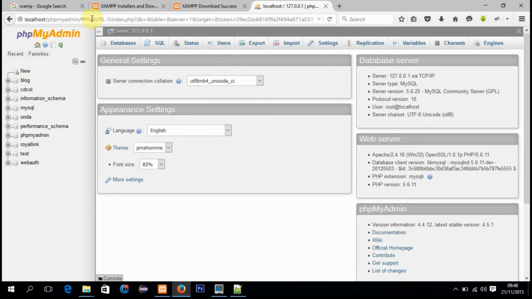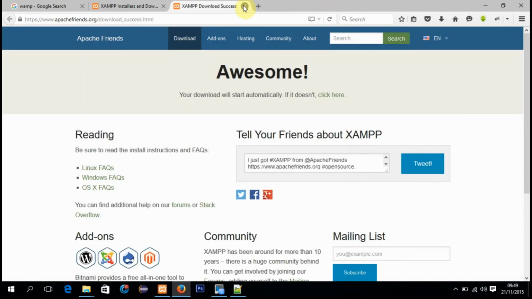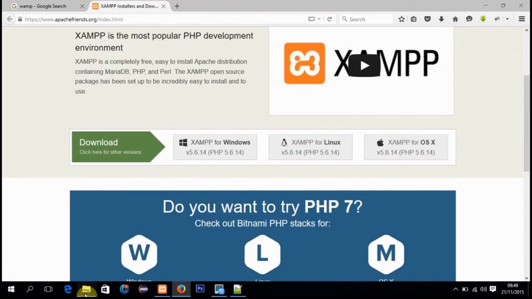Okay, now since we've installed MySQL and PHP, let's see if we can run a PHP script and view it in the browser. Like I showed you in my previous video tutorials, I already created a folder in